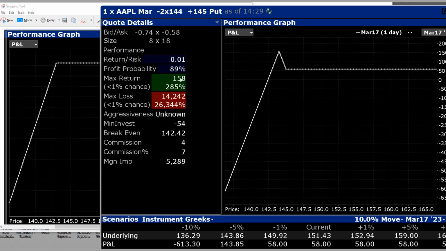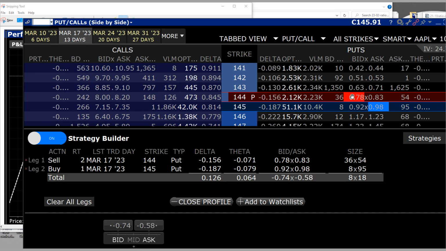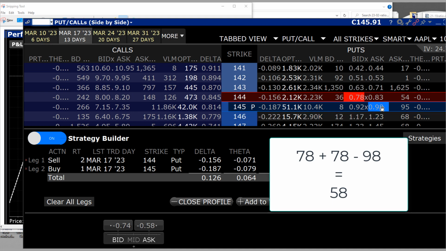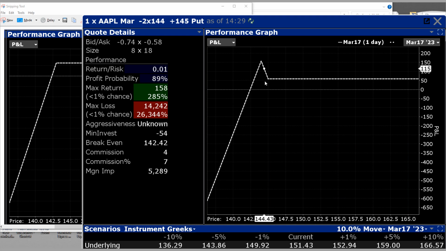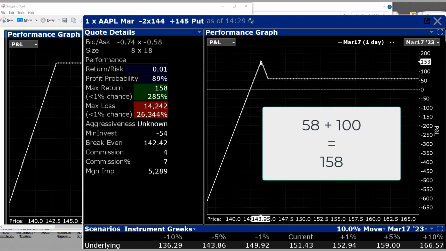The maximum return here, as you can see, is 158. That's at the top of this ear right there. And that's basically at 144, where the stock price is just high enough where it doesn't trigger my 144 short puts, but it's still low enough to trigger a pretty sizable gain, like $1, which is like $100 from my 145 long put position, right? So that's why the max return is 158, because I'm making $58 just from the credit spread because I'm earning $78 times 2, but I'm paying $98. So the difference between these two transactions is the $58. But then on top of that, I have another $100 in intrinsic value that I can potentially make if Apple